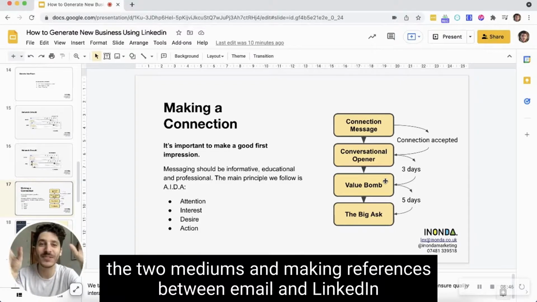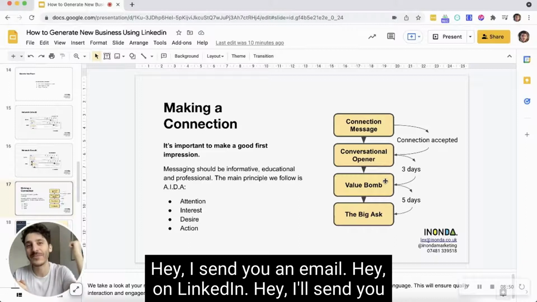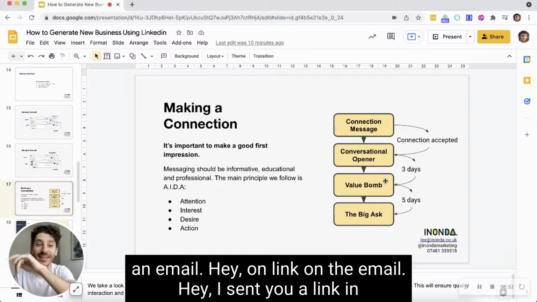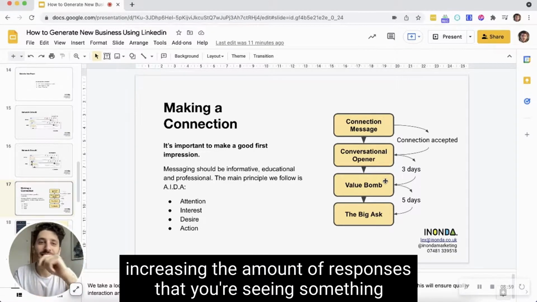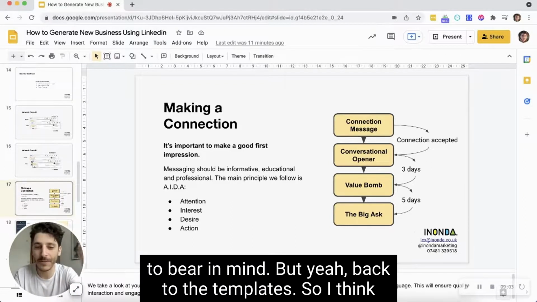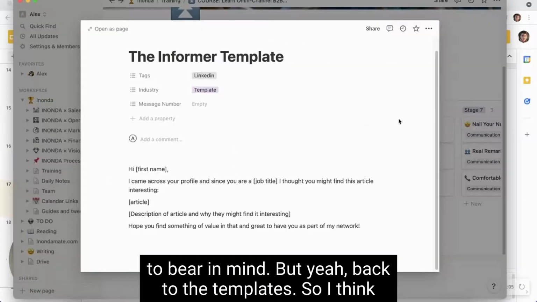So by combining the 2 mediums and making references between email and LinkedIn, hey, I sent you an email on LinkedIn, hey, I sent you a LinkedIn connection request on email. By marrying the 2, you can really start increasing the amount of responses that you're seeing. Something to bear in mind. But yeah, back to the templates.